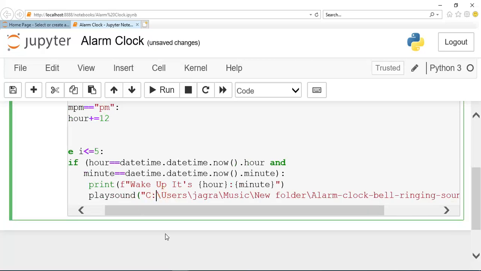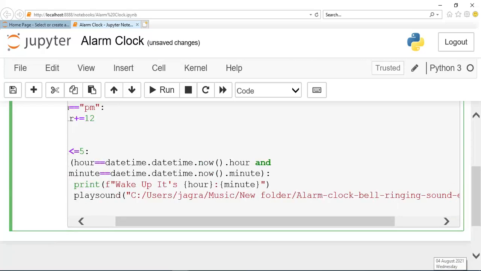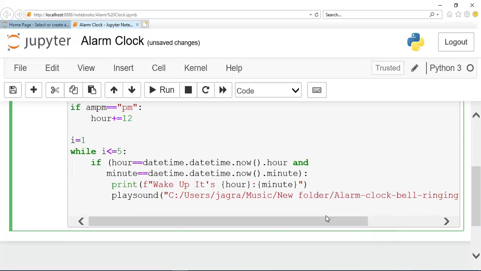Now guys we will change these slashes because we know what these slashes mean to Python. So guys, it's done. But guys, this is for a present condition, and we haven't changed the value of i. So what it will do is the value of i will be 1, and it will bring us a continuous loop.